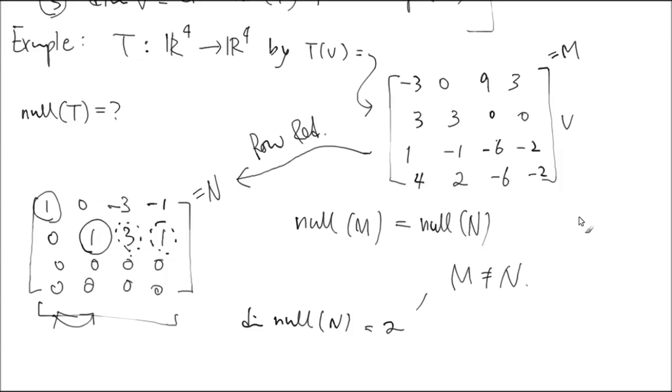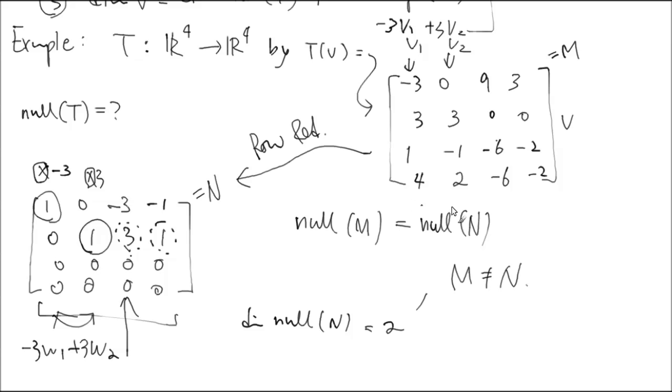So here's what it's telling you. This linear relation: do you see that if I multiply this column by -3 and this column by 3 and add them together, you get exactly the third column? You see that? This column is multiplied by -3, you get the -3. If I multiply the second column by 3, you get 3. And then add them. So that is -3W1 plus 3W2. And here, this is V1 and V2. You do the same thing, -3V1 and 3V2. Do you think you can see that?